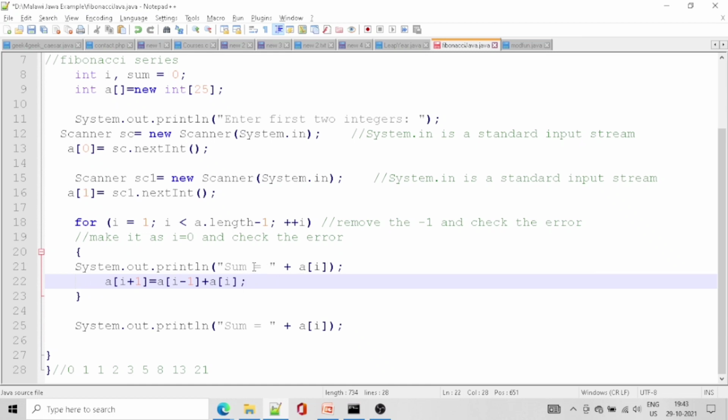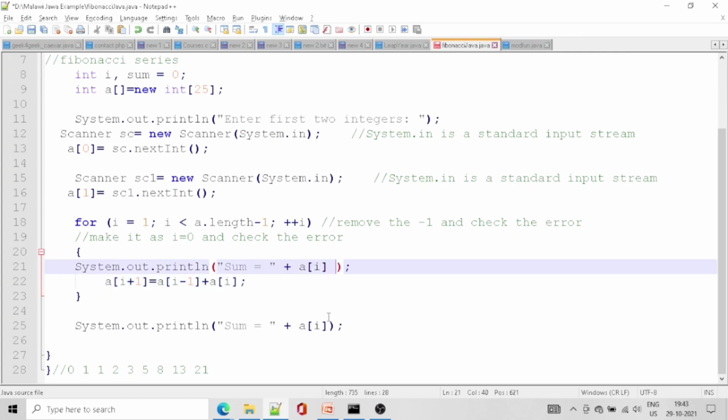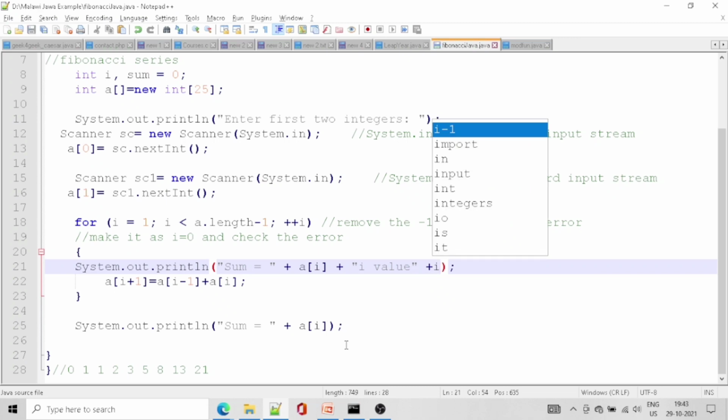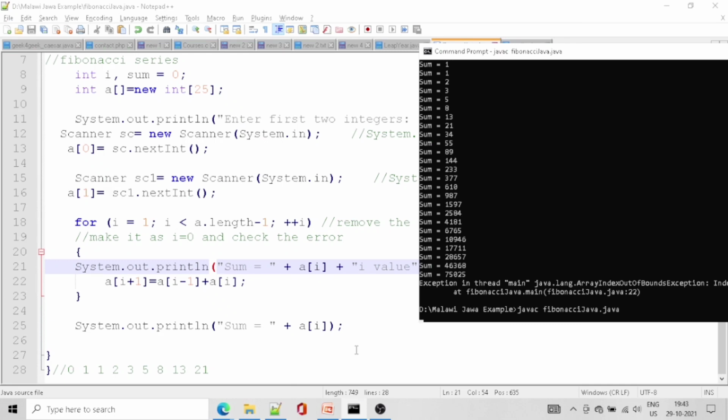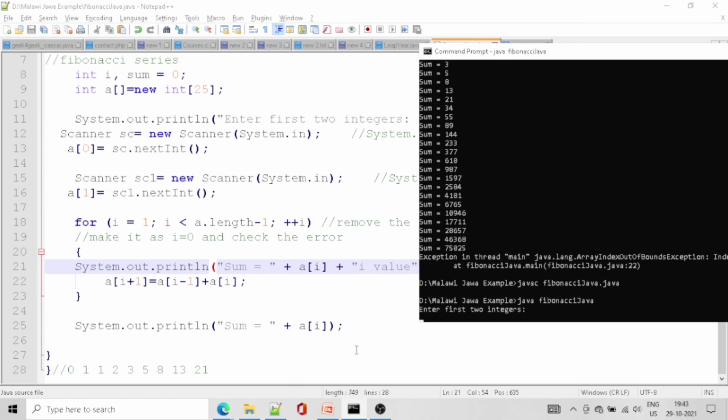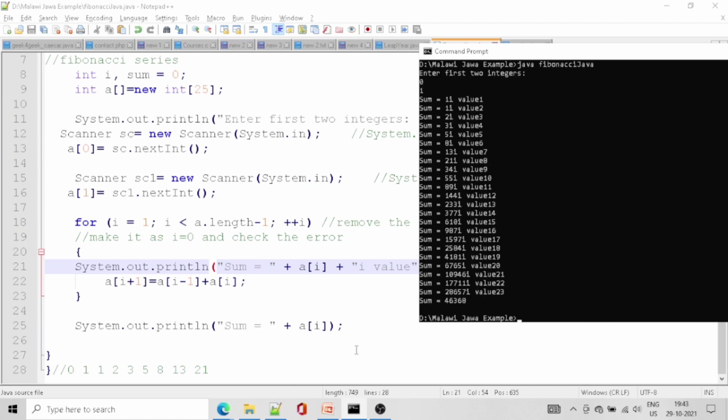For better understanding purpose, we will print the i value plus i. For better understanding, this line will help you. With 0 and 1, now you can look: 1, 2, 3, 4, 5, 6, 23. It did not go up to 24 or 25.